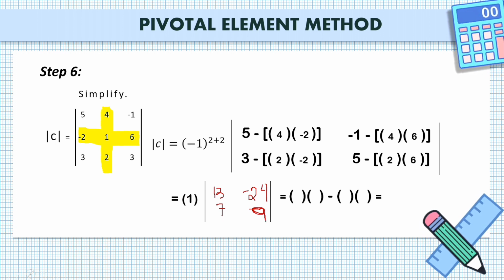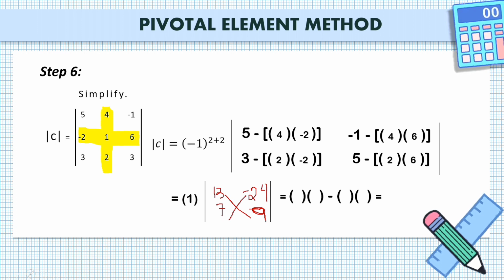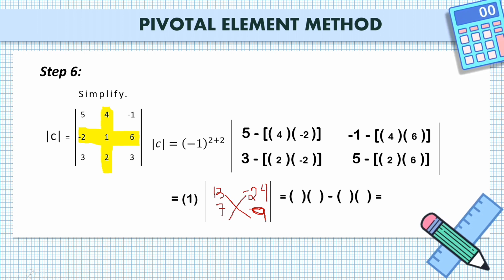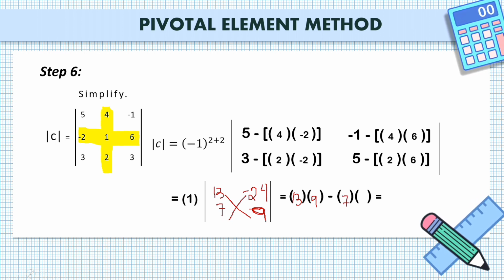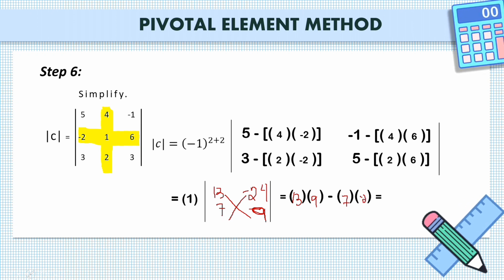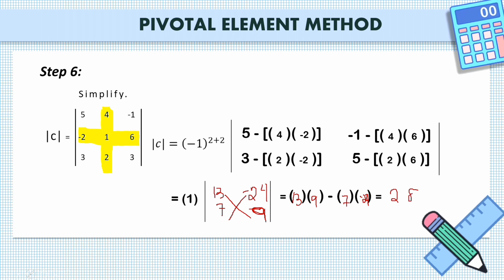Ngayon, gagawin natin, ayan, pag-multiply natin yung dalawang yan. Linear method. Gagawin natin linear method. 13 multiplied by 9, and 7 multiplied by negative 24. So, the answer is 285. Ayan. And last step is